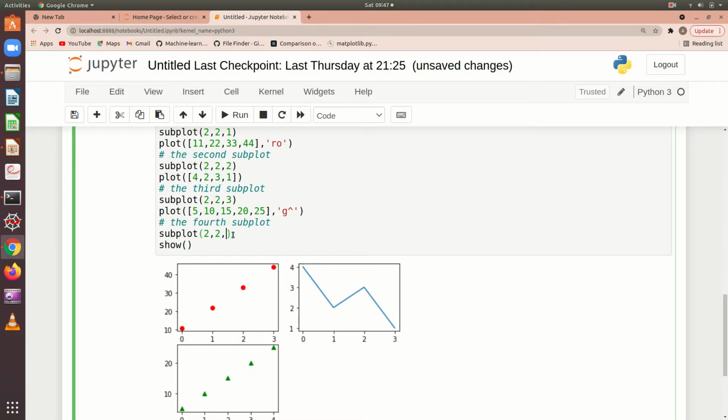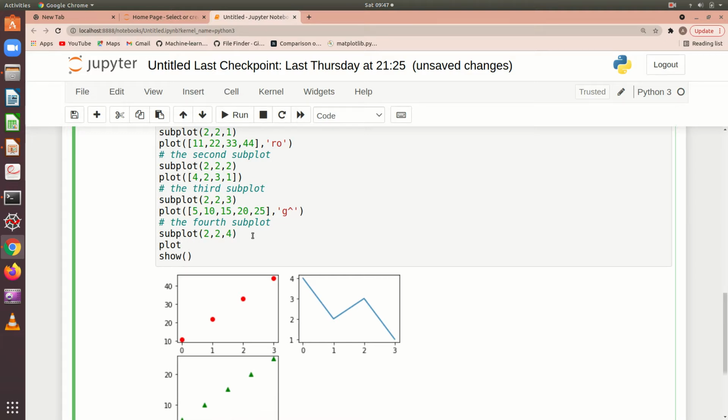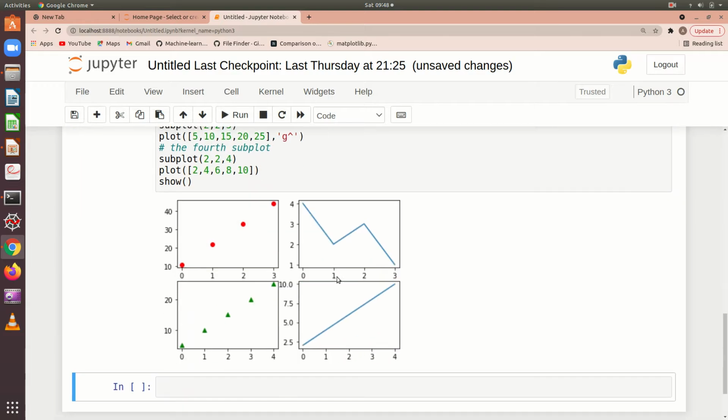Fourth subplot. Let me go for the plot function. Here I am going to give some 2, 4, 6, 8, 10. I am going to run it and you can have 4 different plots.